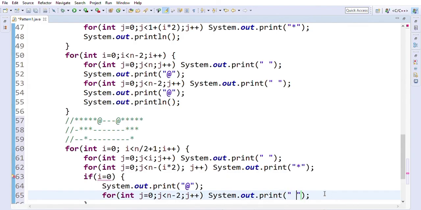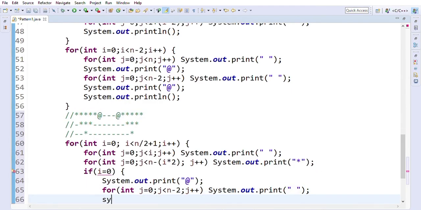Okay, after printing these n minus 2 white spaces, we have to again print the @ sign. We can see here, after printing @ then we will print white spaces, then we have to again print the @ sign.